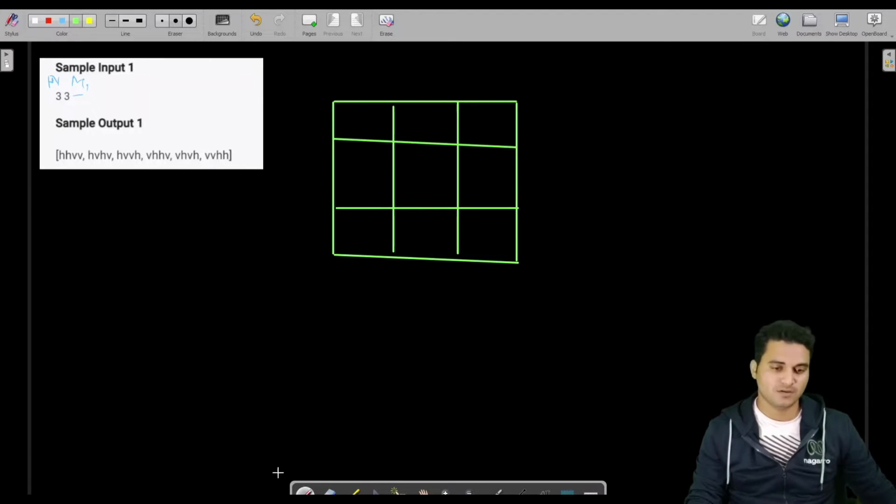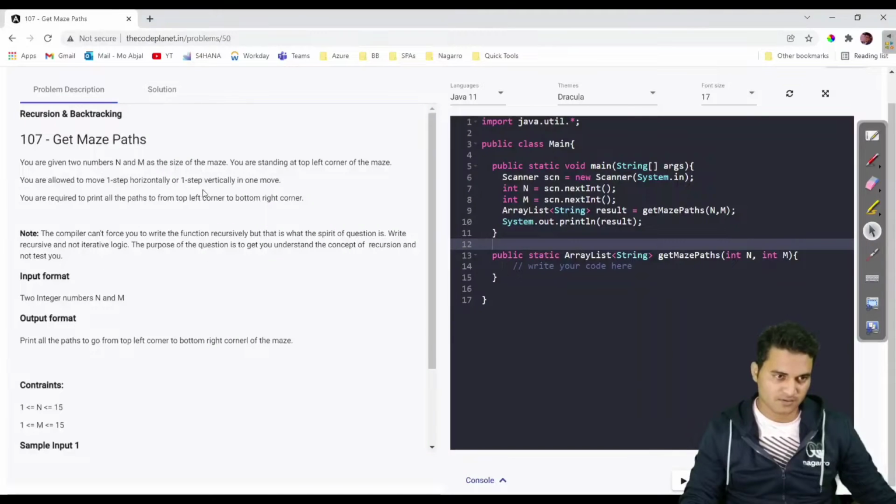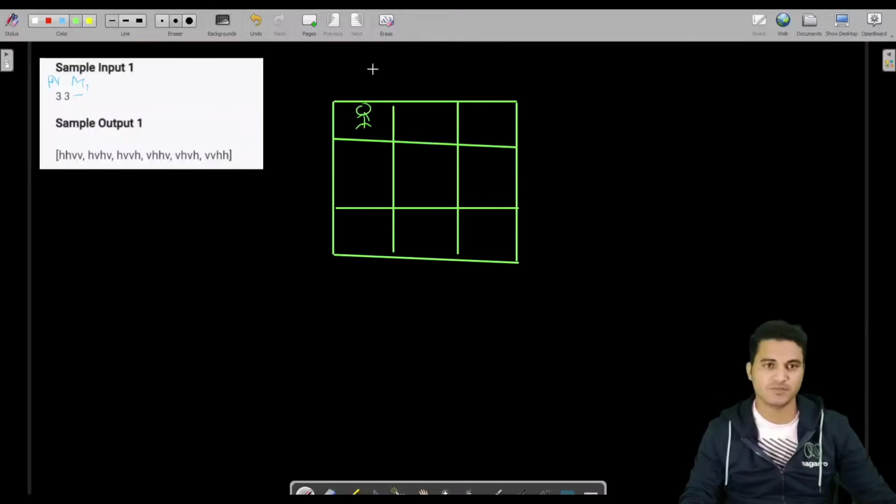Fine. And you are standing here. You are standing at the top left corner of the maze. So this is the maze, and you are standing here, at the top left corner.